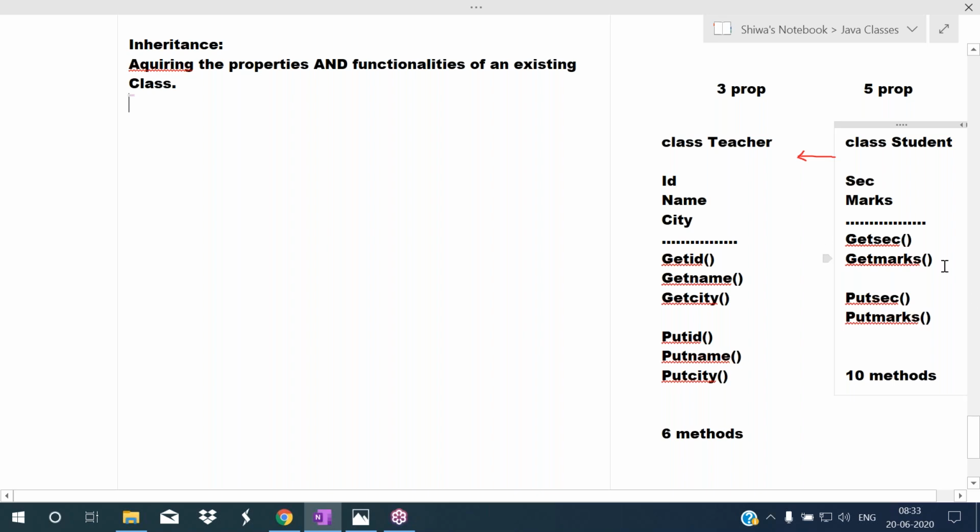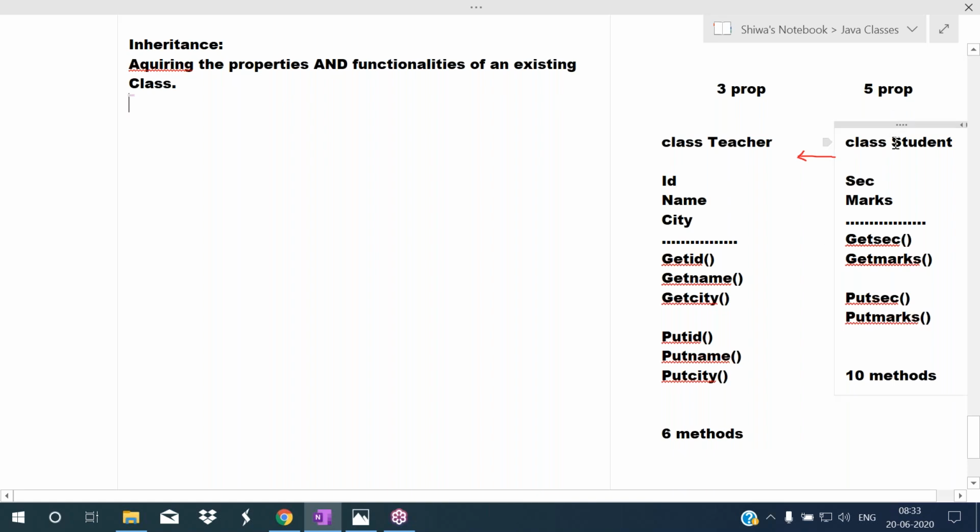See, this class teacher already existed. This class teacher is an already existing one, so from that, we are using this one. So acquiring the properties and functionalities of an existing class is called what? Inheritance.